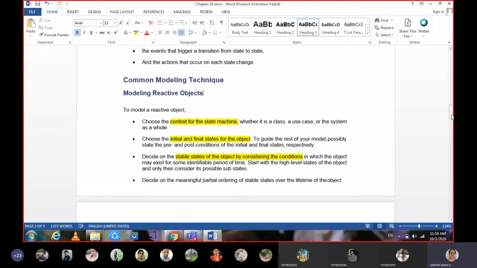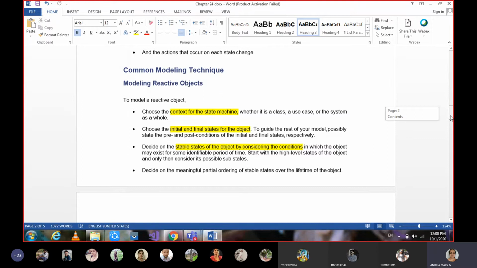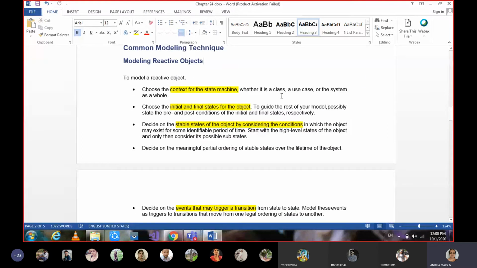And moving on to the second part of this chapter, that is about common modeling techniques. Many times I told you, whatever uses we come across under the uses, the same thing we'll talk about under common modeling techniques also. That is about modeling reactive objects. In order to model a reactive object, based on the context of the state machine, whether it may be a class or a use case or a system as a whole, you should be able to capture the context of the reactive object.